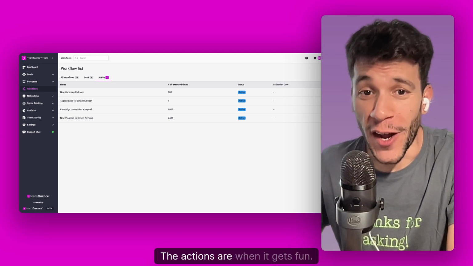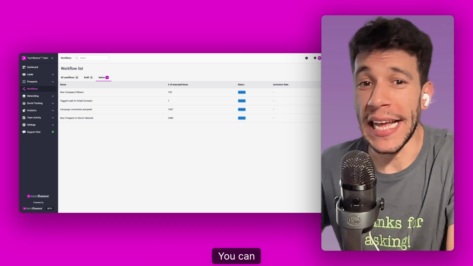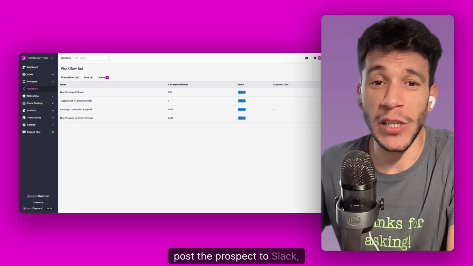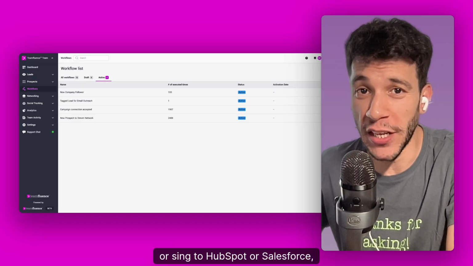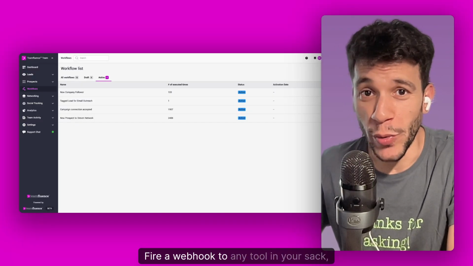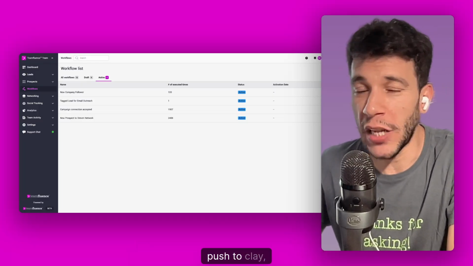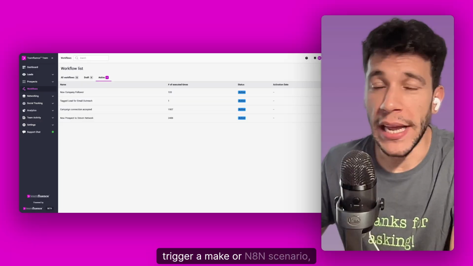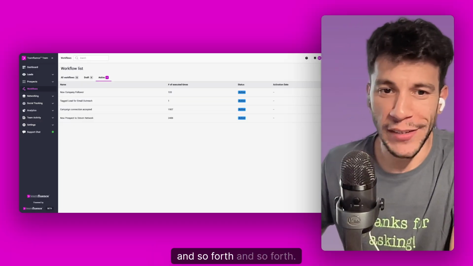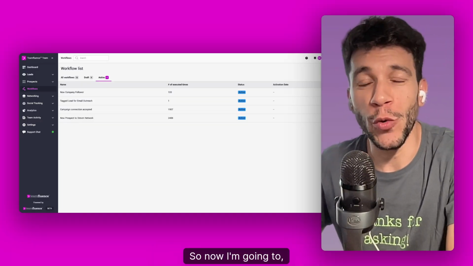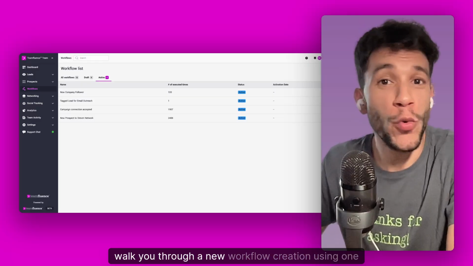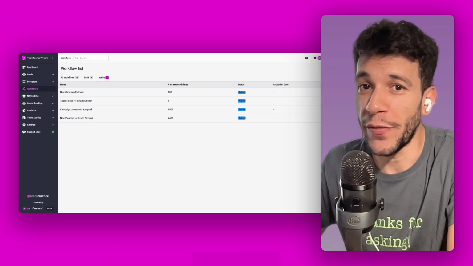The actions are where it gets fun. You can post the prospect to Slack or sync to HubSpot or Salesforce, fire a webhook to any tool in your stack, enrich with email or phone number, push to Clay, trigger a Make or N8N scenario, and so forth and so forth. So now I'm going to walk you through a new workflow creation using one of our examples,